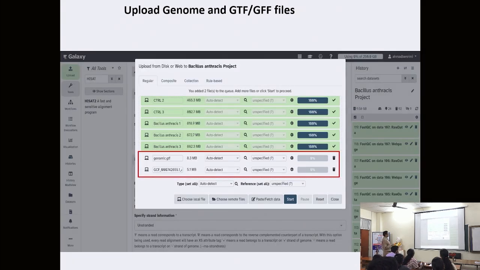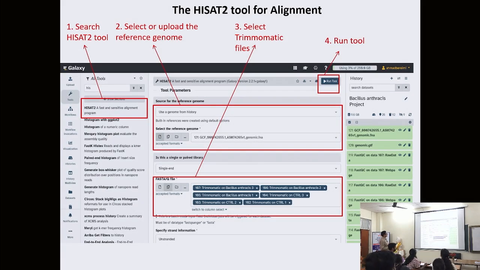Next, you have to upload the genome and GTF file. You will click on upload and upload the genome and GTF file. GTF is the annotation file, which is shown here. I think the resolution is a bit bad, but I think it's okay. So once you have done it,